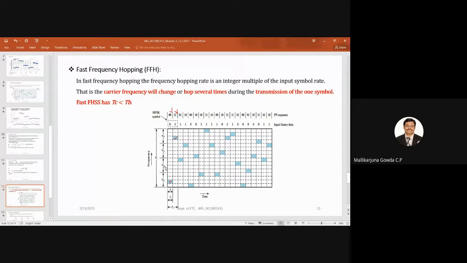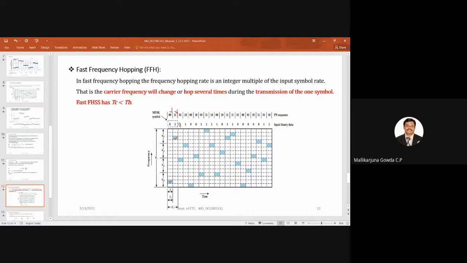Why I have divided into 4 sub-blocks is that with 2 bits I can have 4 different combinations. So the first is 0, 0, 0, 1, 1, 0, and 1, 1. First my symbol is 0, 1. For that, what is the hopping frequency? First is FC0 plus F1, that's this value. Then FC3 plus F1. So FC3 is this, right? Then F1 is this one.